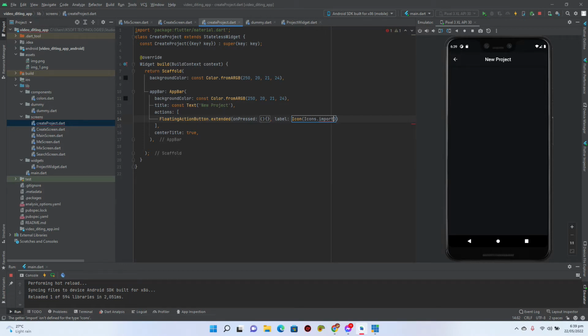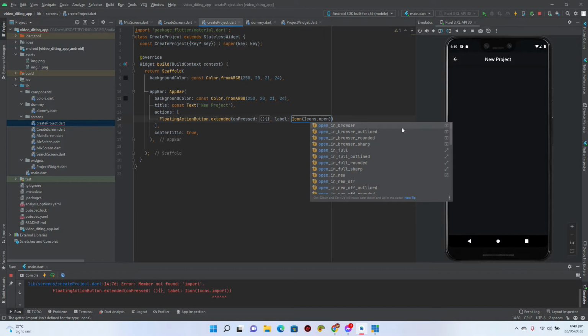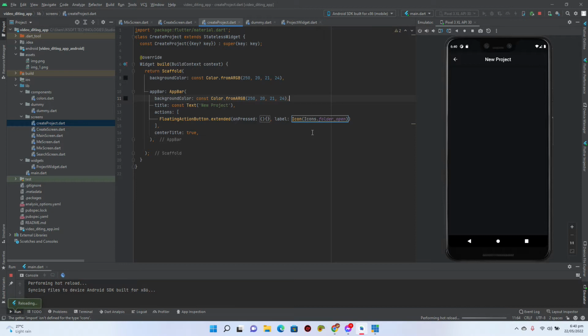Okay, all right, so let's see the icons we can add. I just want to see if I can get a suggestion from this. Okay, so I want some kind of open or anything. Okay, so this folder open is kind of cool, right? So I'm just going to use this folder open, and I'm just going to save that. So I will be getting a button here, just a regular button, but